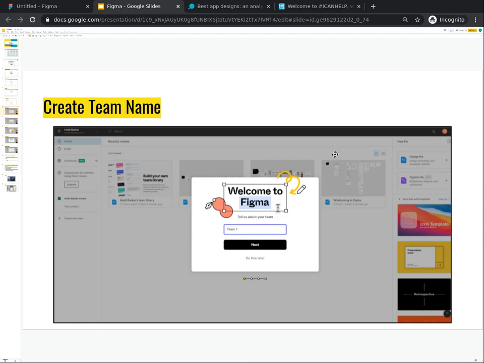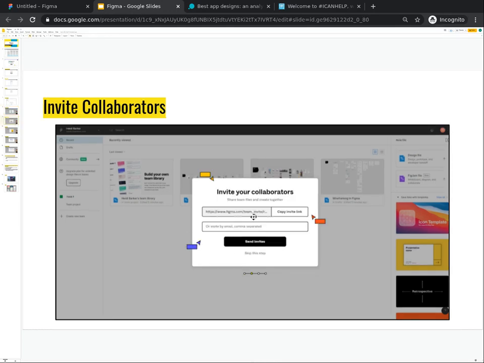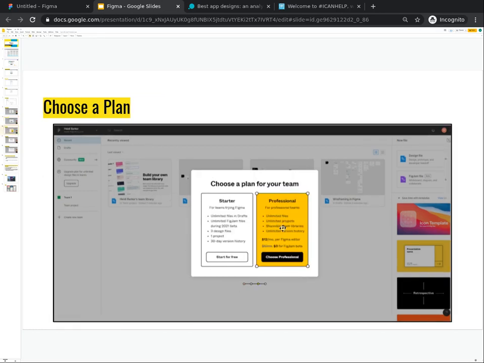Once you have the welcome pop-up on Figma, you can determine your team name. The nice thing about Figma is that you can work on projects with others on your team simultaneously. Create the team name and click Next or choose to do this later. You can then invite others to work on this project with you or skip the step. Then choose the plan that you want to use. For this project, we will be using the starter option that is free. Then choose to design with Figma.